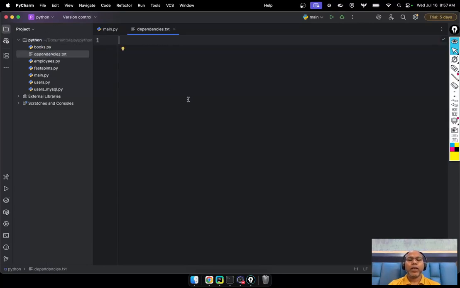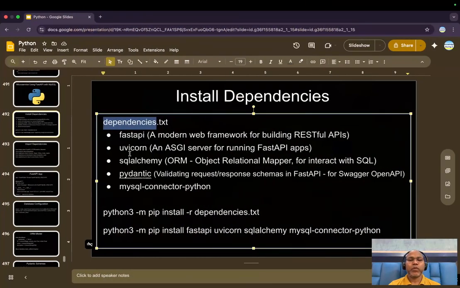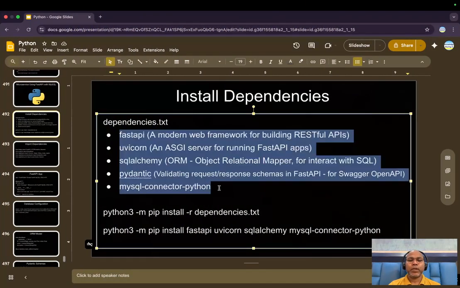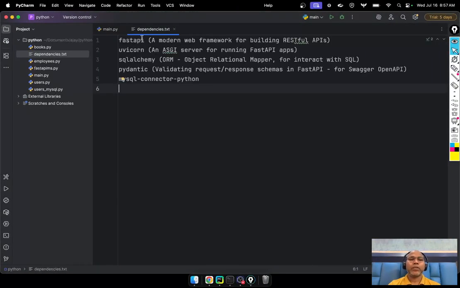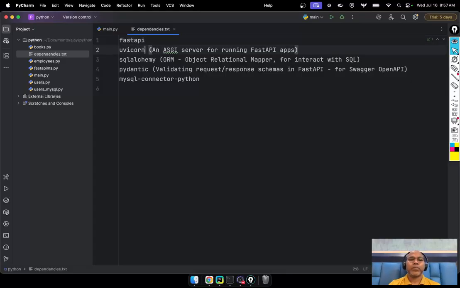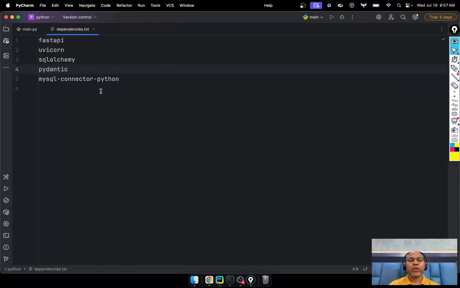Just make a file and mention the dependencies which you want. These are the dependencies you want, and you can mention them with their descriptions. Okay, so now this is available, and now you can just go and